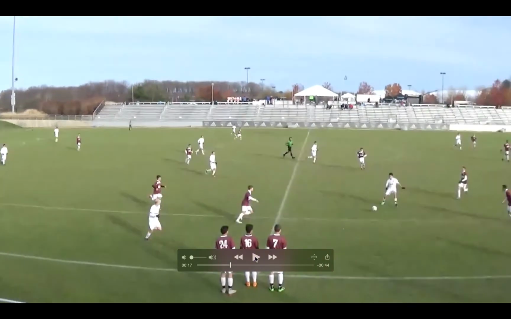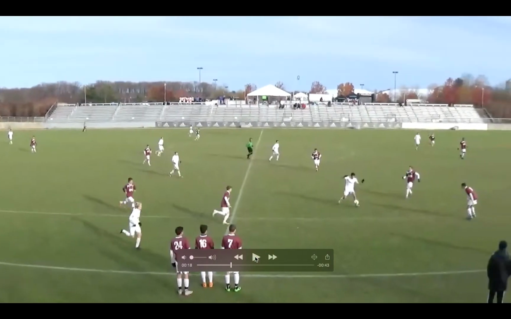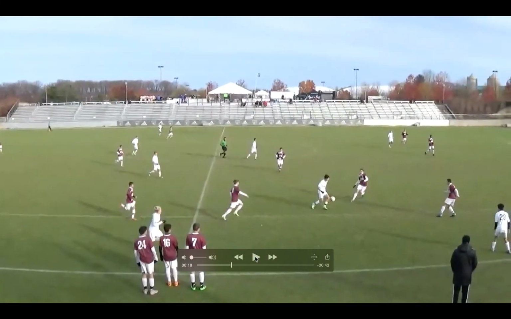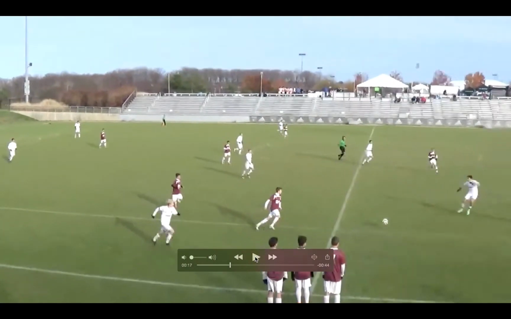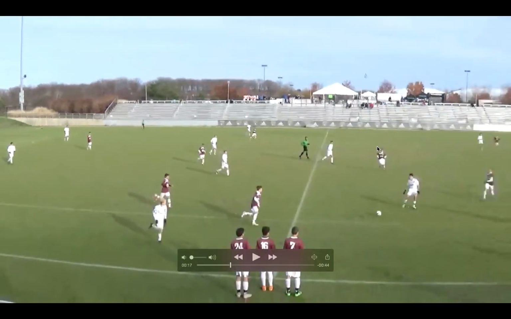I looked at this a number of times. I'm always looking for the forward to lay a ball off to a midfielder, a player who can see the field better, unless you can turn quickly. Could you have played Billy first time for a ball for Daniel, possibly? Or Jack could have gotten in this space right here and received the ball underneath and gone across the field